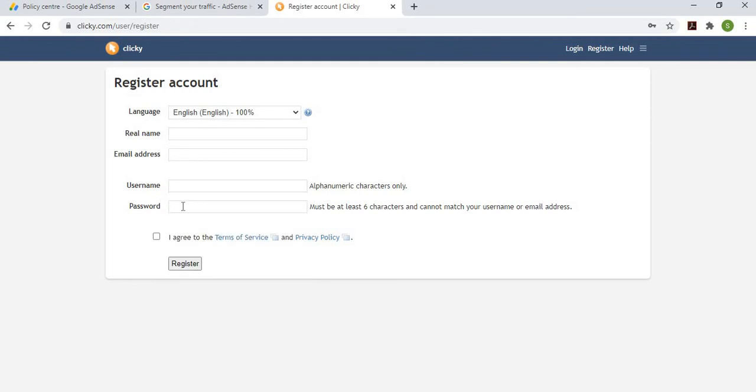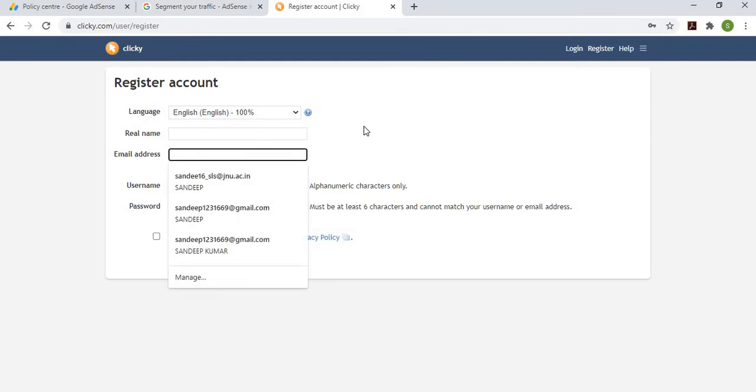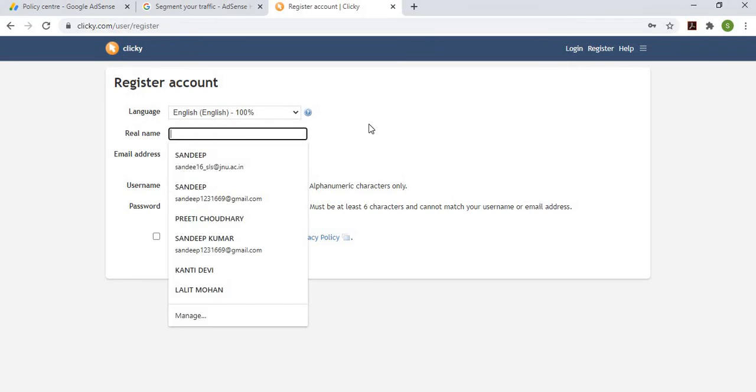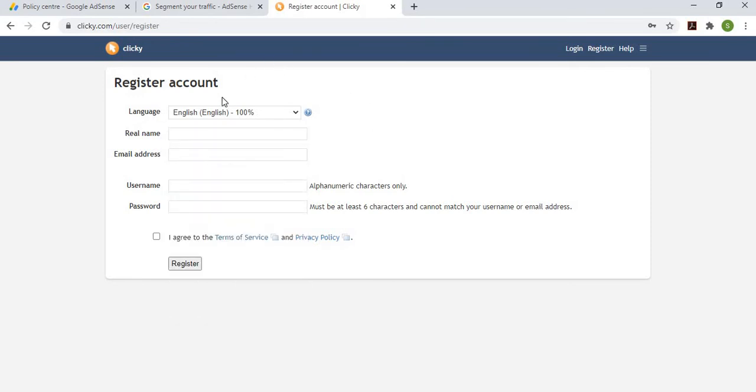Then you submit your site domain name and your email address to clicky.com and start monitoring your real-time traffic. This will only monitor your real-time traffic, friends.